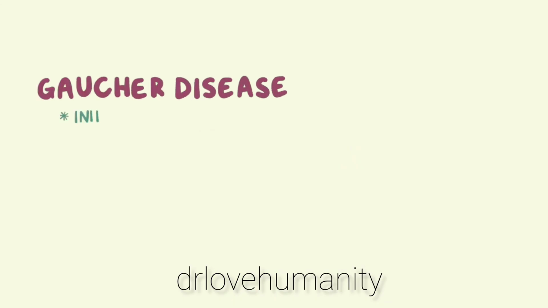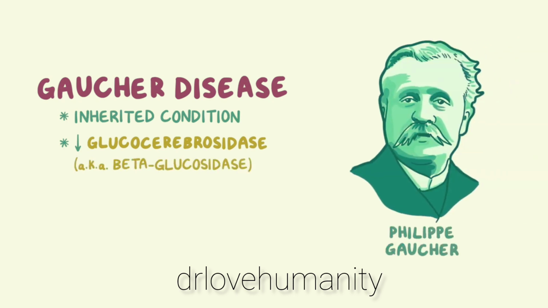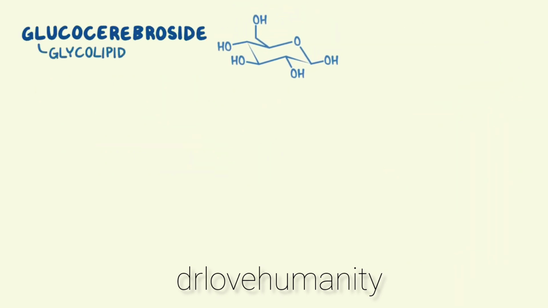Gaucher disease is an inherited condition characterized by insufficient levels of the enzyme glucocerebrosidase, also called beta glucosidase. It's named for the French physician Philippe Gaucher, who first described the condition. Glucocerebroside is a glycolipid, which is a molecule containing both sugar and fat that's included in the membrane of many